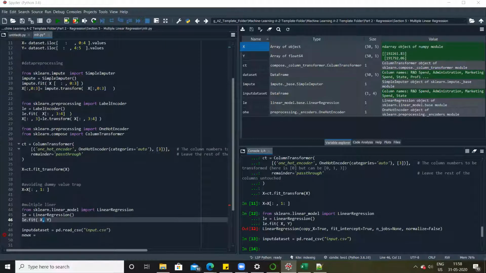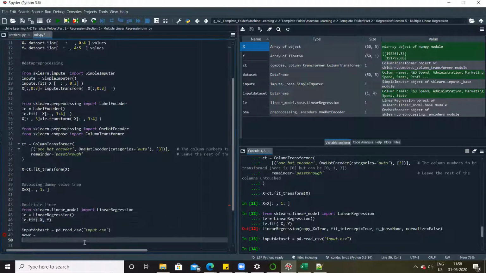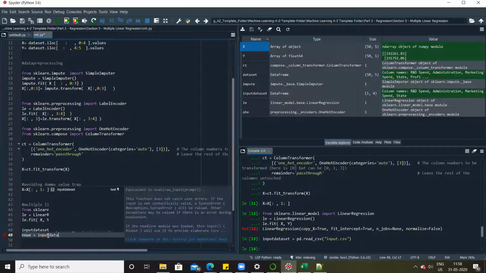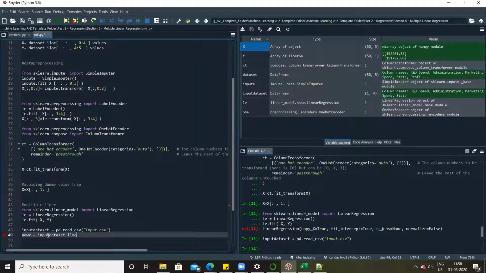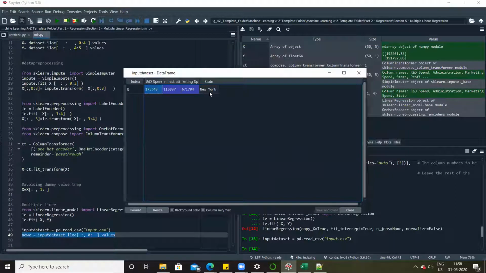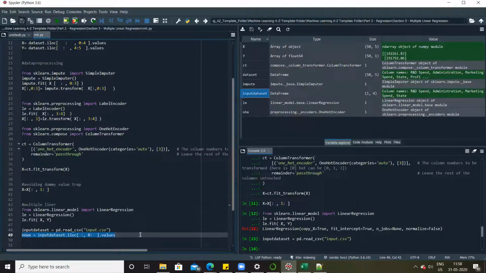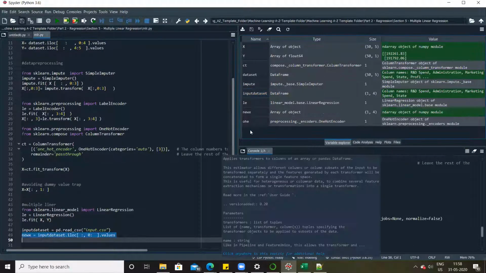Amaya has confirmed it. Maithili has confirmed it. Ashu? Perfect. So let's do this. So I'm saying new X is equal to, I'll say input dataset dot iloc square bracket dot values, comma, read all the rows, comma, from column index 0 till end. Okay. So you can see input dataset, I need to read all of this. This all should be part of new X. Then I'll say here, select, control enter. Done. So now I got new X.